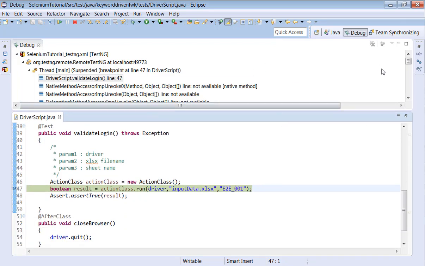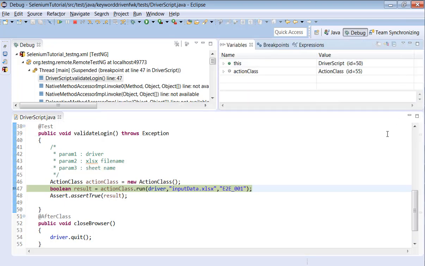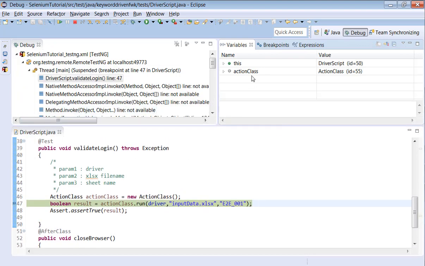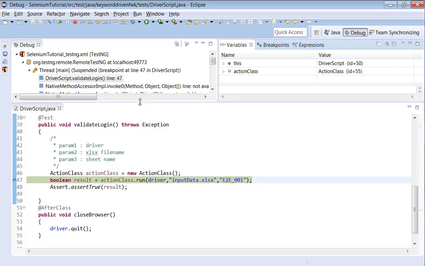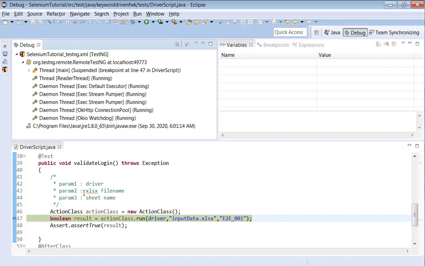Now let's understand the variables. Here in the debug perspective, you have three views: variables, breakpoints, and expressions. Let's put this here in the top also, so that we know the information which we are going to discuss. Our focus is in this section during debugging the script. Please focus on the section of variables, breakpoints and expressions. Let's start now.